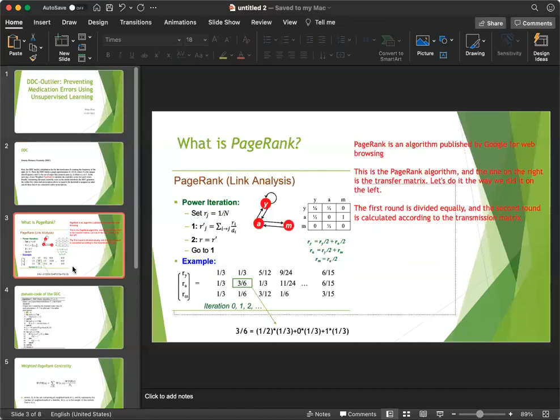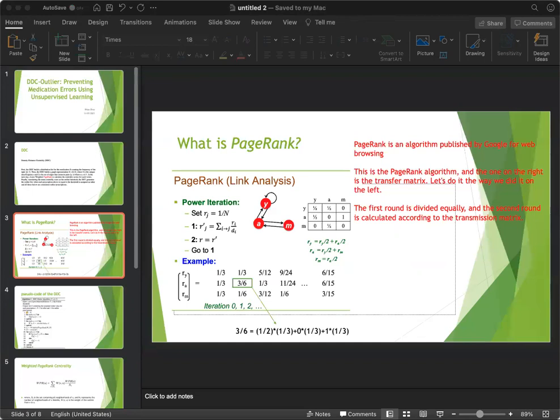So the weighted PageRank algorithm is a core step of the DDC algorithm. So what is the PageRank algorithm? It's an algorithm published by Google, and this algorithm helps to connect all the information with other neighborhoods to get the probability,